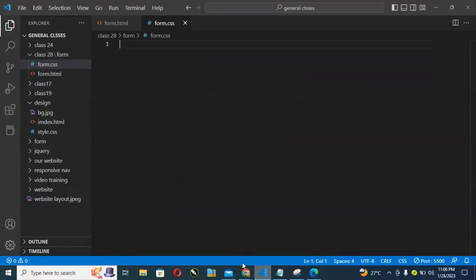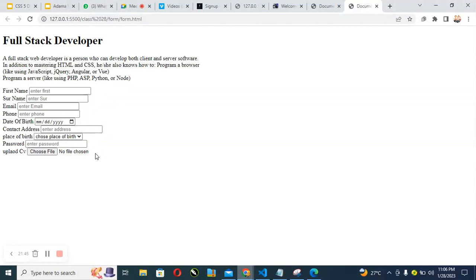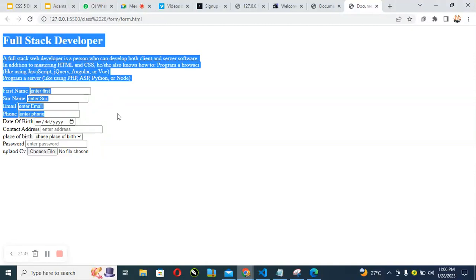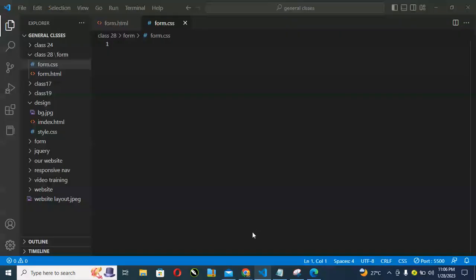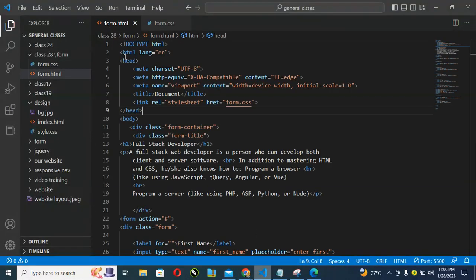So what we are going to be doing is that first we need to move all this to center, right? We need to move all this to center. So if you notice here,